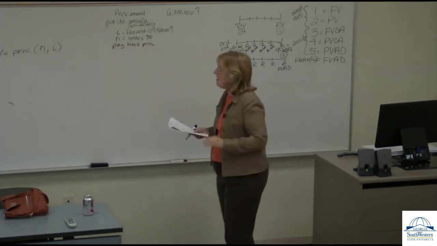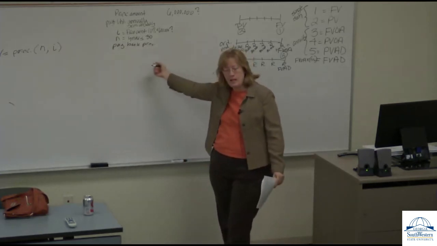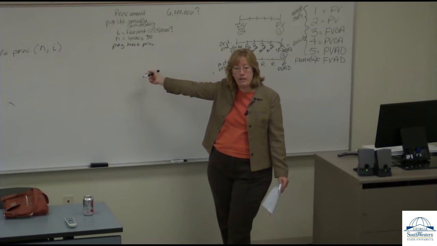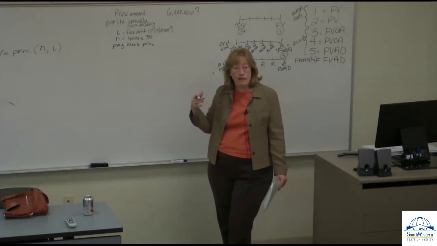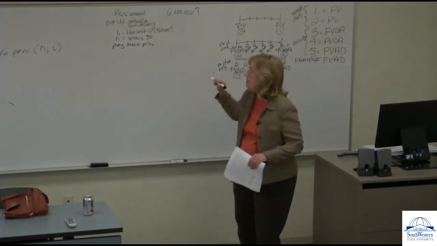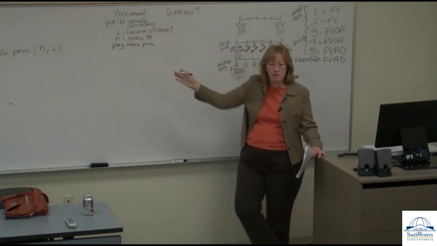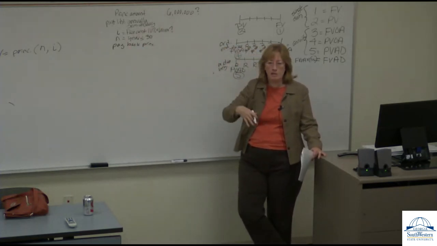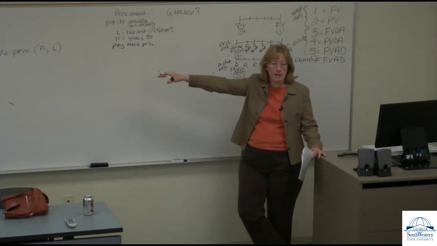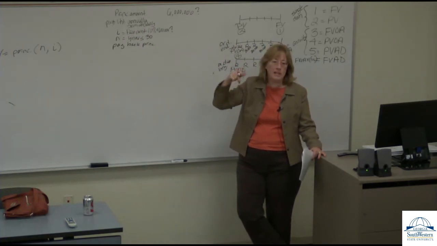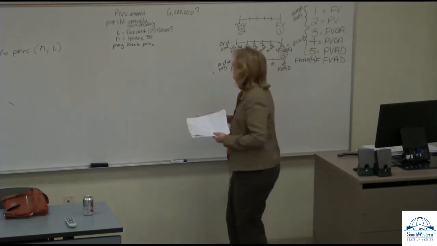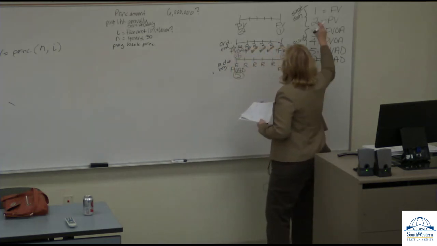So we're paying this money back at the end of the time. What kind of problem do we have there? It's a regular present value problem. What's the present value of the money that we're going to pay back at the end of the period? Do you see that? It's a single sum. We're paying this money back at the end of the period. It's a present value of a single sum. So what table do we look at for this? Table 2,